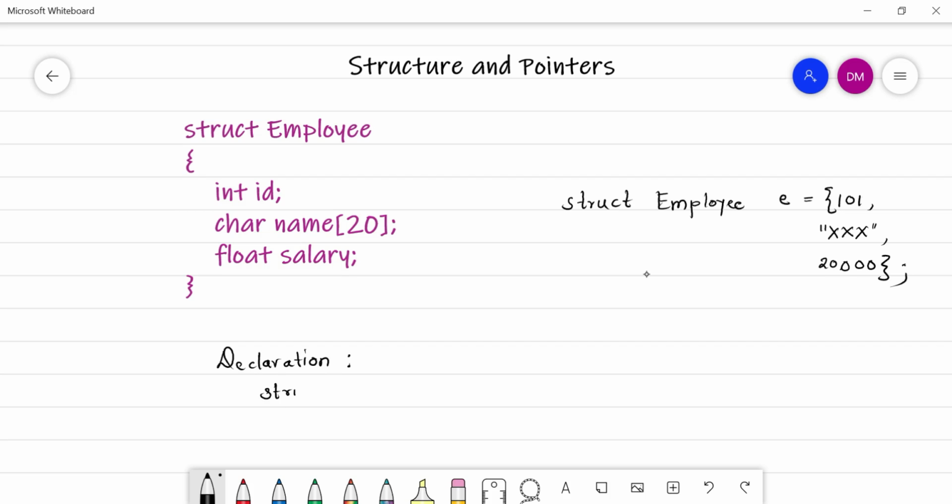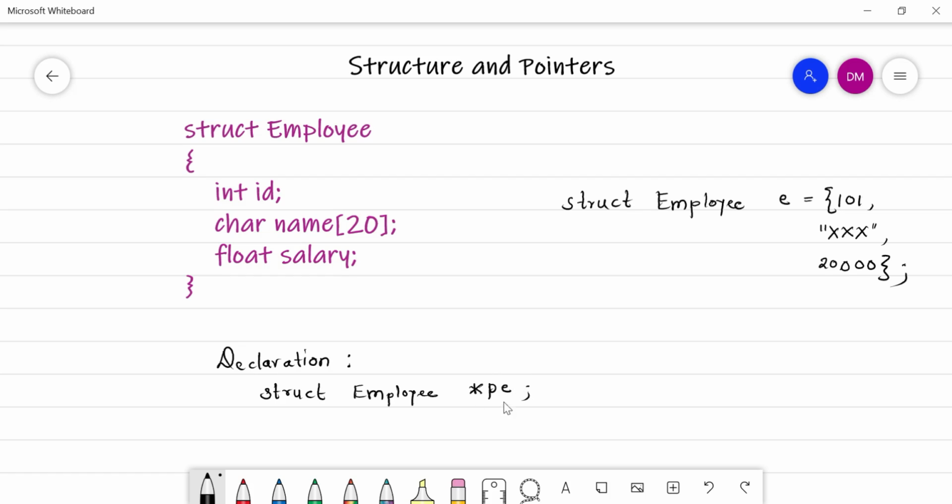So struct employee asterisk PE. Okay, struct employee asterisk PE. So PE is our pointer variable. See, what is the difference between a normal variable and a pointer variable? While declaration, you put an asterisk here.